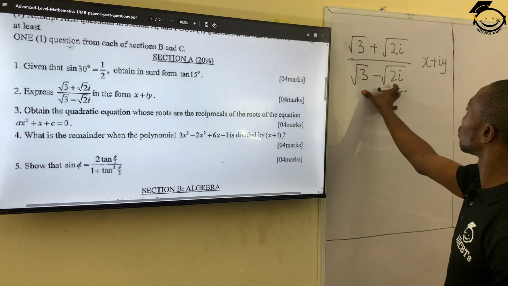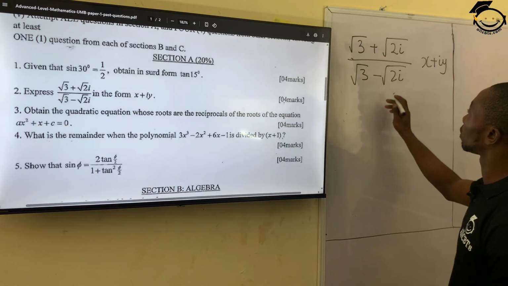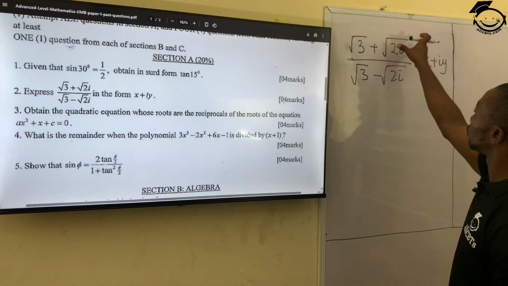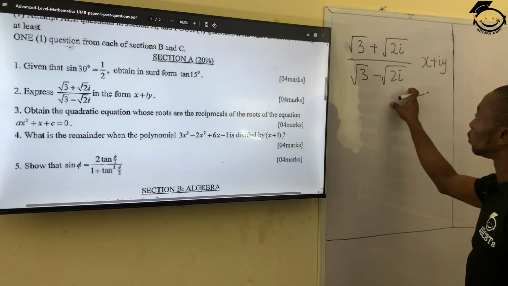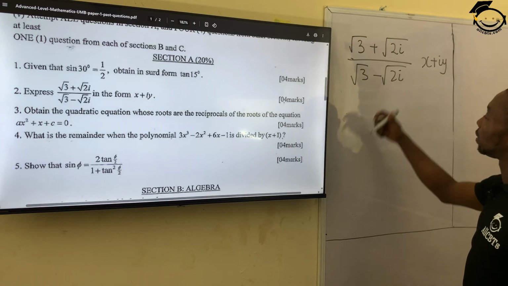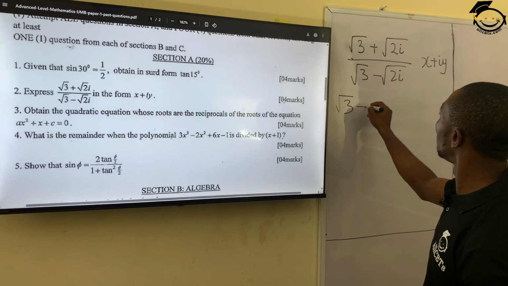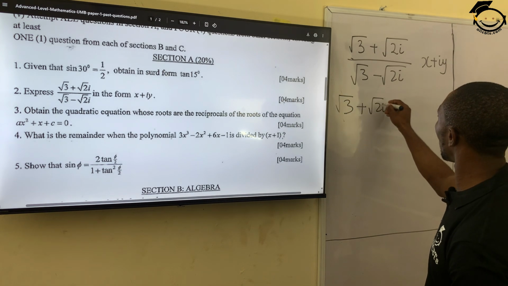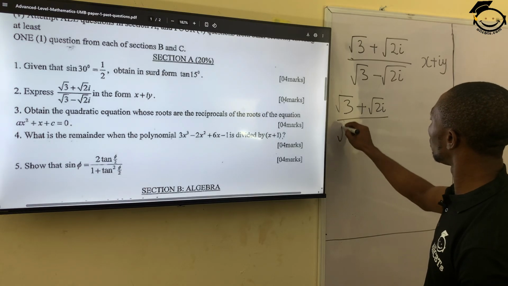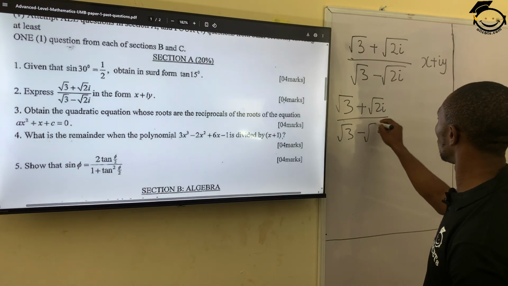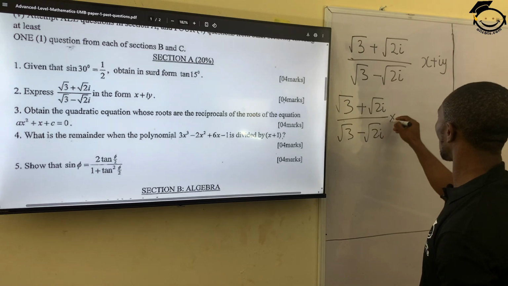Now, for us to clear this surd form, we'll multiply both the numerator and the denominator with the conjugate of our denominator. So that will give us root 3 plus root 2i all over root 3 minus root 2i times